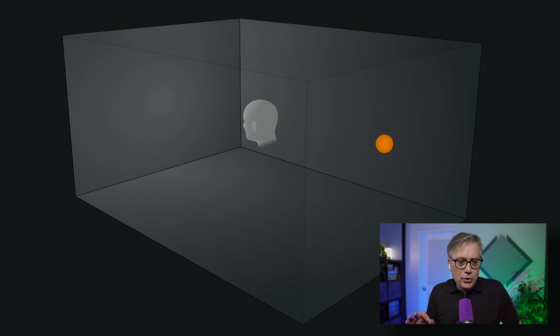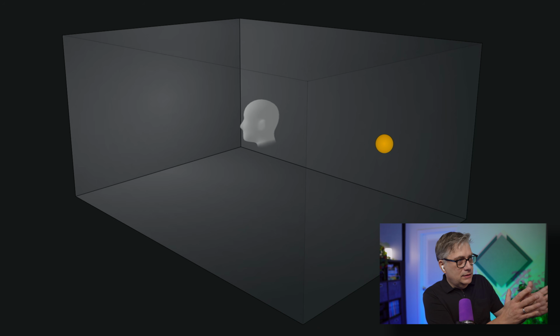Now, one thing I should point out is that there is a little bit of latency, and that comes with the way Dolby has implemented that. There are different ways you can integrate head tracking into your software. And in order to make sure that we have the possibility to have a fixed direction, they used an approach that introduces a little bit more latency.